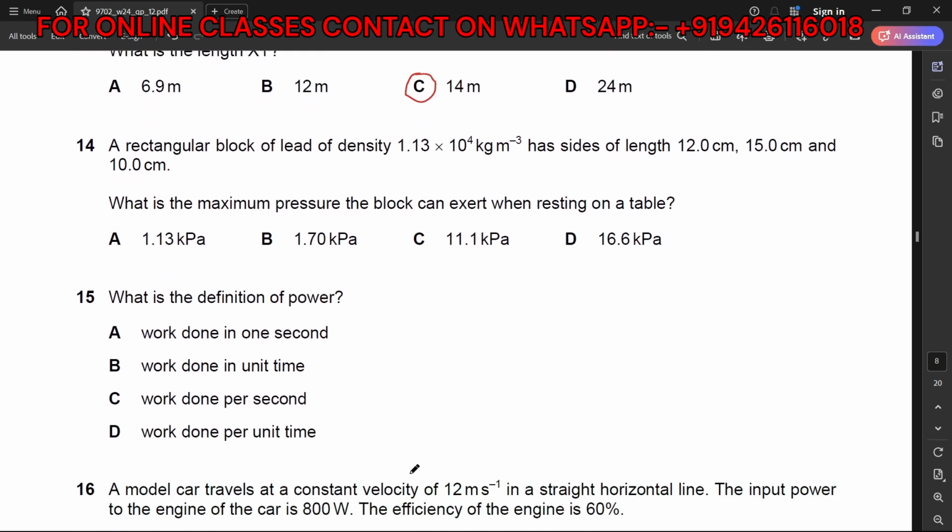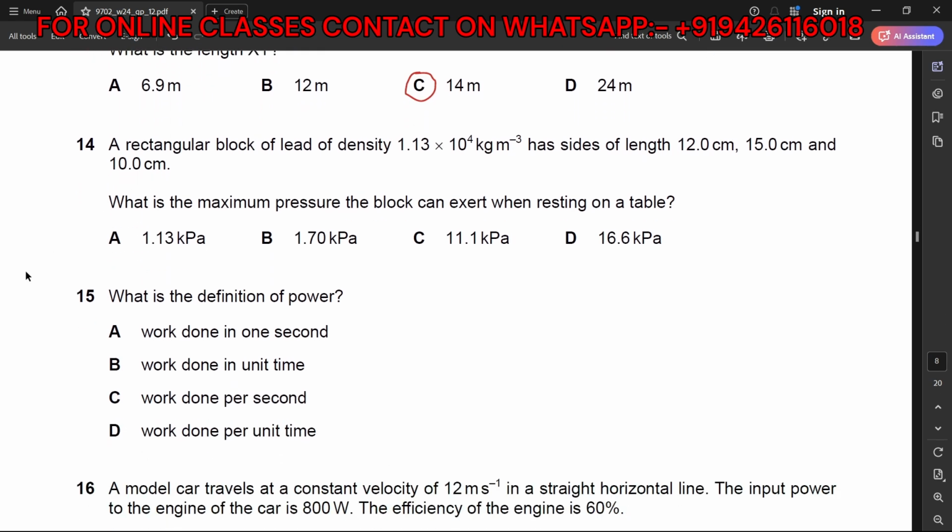Now, if I talk about question 14, a rectangular block of lead of density rho, whose value is given to us, has sides of length 12 centimeter, 15 centimeter, and 10 centimeter. What is the maximum pressure that the block can exert when resting on a table? So, we know that pressure can be written as force divided by area,